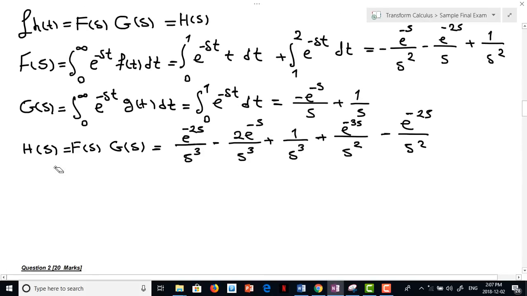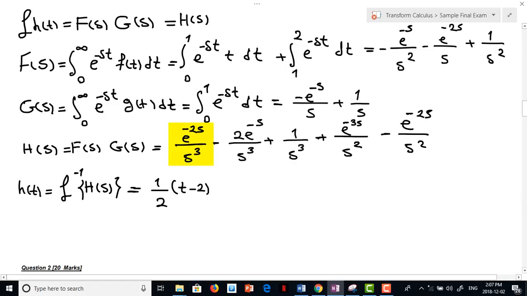So h(t) is in fact the Laplace inverse of H(s). So h(t) is equal to the Laplace inverse of H(s). You have to use the second translation theorem. So you're going to end up with 1 over 2, (t minus 2) to the power of 2 u(t minus 2), minus (t minus 1) squared u(t minus 1),